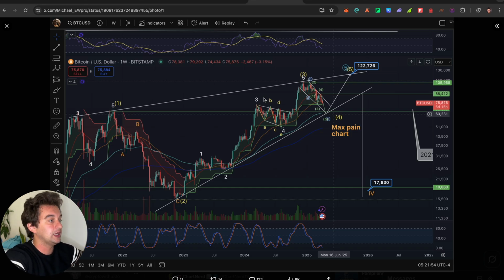This is just what the market is doing right now. Here we have another explanation, a little bit more in detail, about the Bitcoin curve, which seems to be following this pattern. And if it does follow this pattern, it does mean that we could rebound on the low part at 63,000, as we see here, the max pain chart over at 63,000, could also potentially break it down. And then it could rebound all the way up if it does follow this pattern of going up and down,